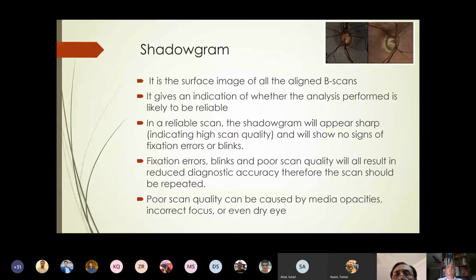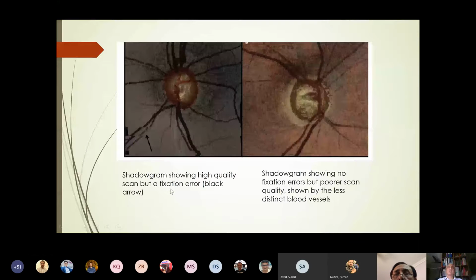Here you can see a shadogram showing a high quality scan. This quality is checked by the retinal blood vessels, if you can focus on them nicely. But if there is a fixation error,